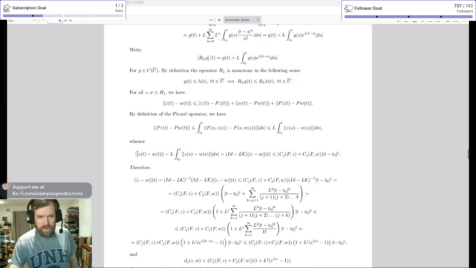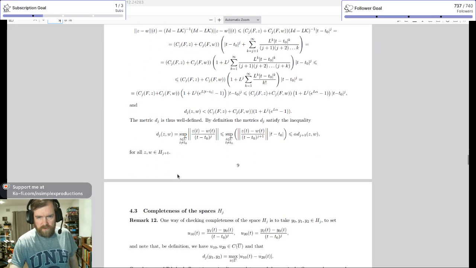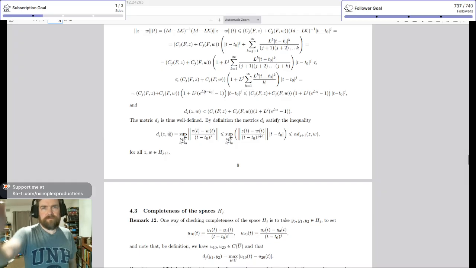Definition of Picard operator. Therefore, the following is true. Metric d sub j is thus well defined. By definition of metrics, d sub j satisfy the inequality d sub j